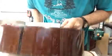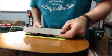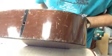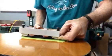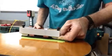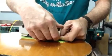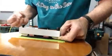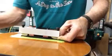Double check something here. I don't know if I identified this yet. I will on the post, but this is the 1950 00 Martin that I just posted a couple videos of removing the bridge. Don't know if I posted the neck removal yet, but that happened as well. And so I'm going to